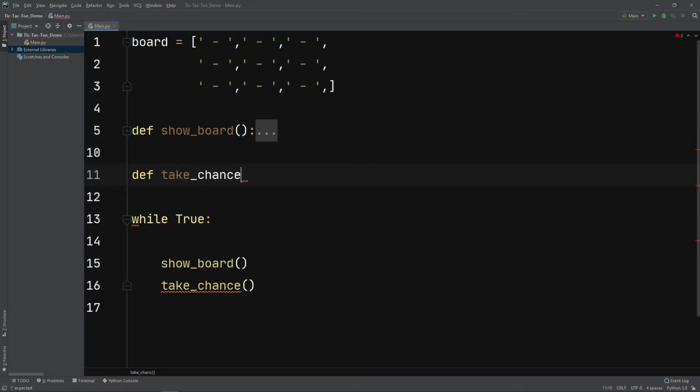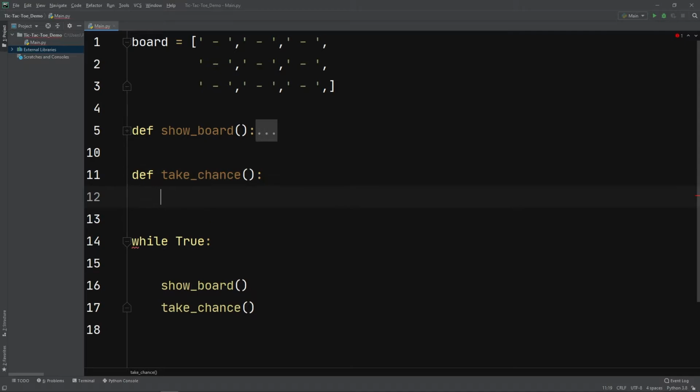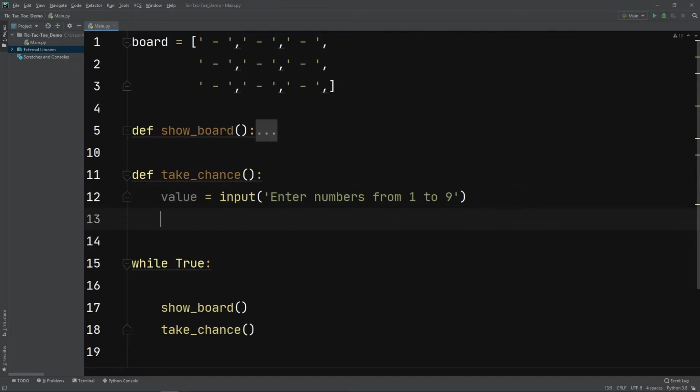take chance. So what this method needs to do is take an input from the user, and according to that input it will make changes to the board. So first we will take an input from the user, and for the input we will need a variable. So let's name the variable value equals input, and let's print a message here, enter numbers from 1 to 9. So it is asking the user to enter numbers from 1 to 9, and now what we need to do